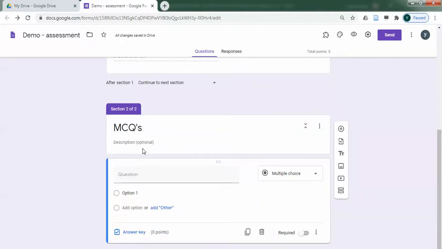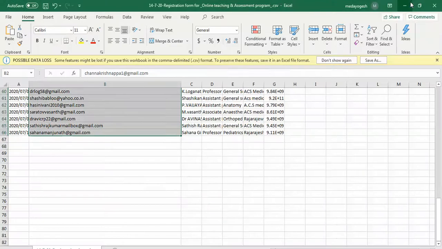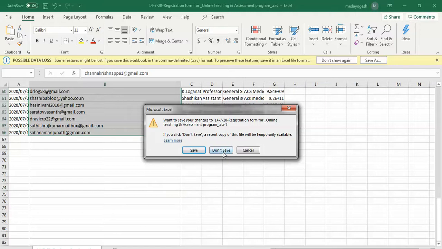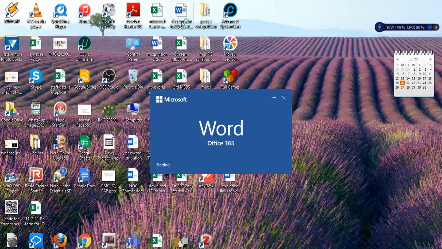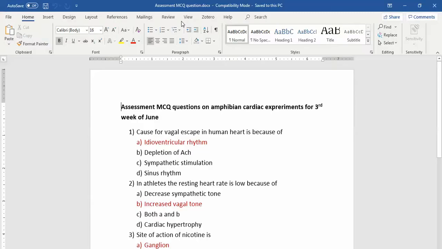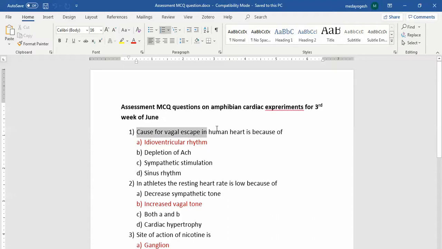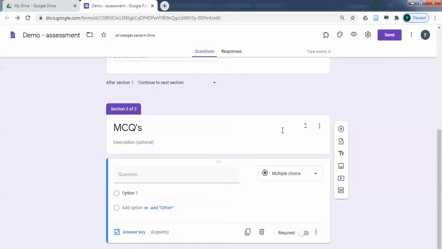So let me add one or two MCQs. I have some MCQs here in Word format. Let me take this first MCQ, go back and paste it here.